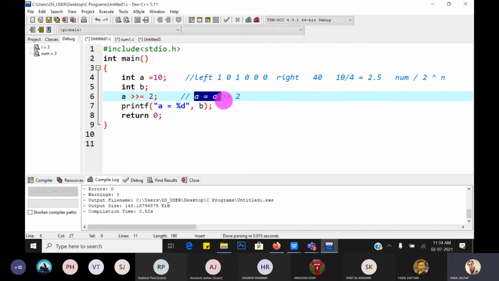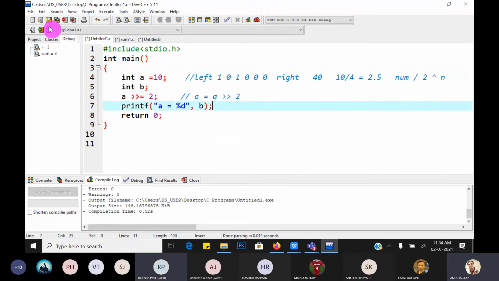So A is equal to A right shift by 2 bits. Print A here, not B. So what is the value of A now?